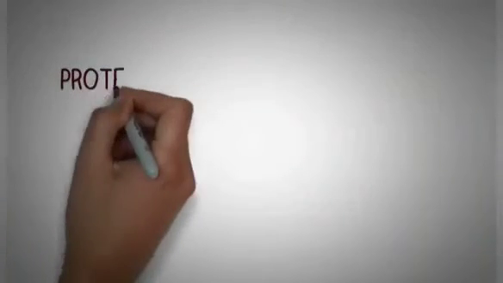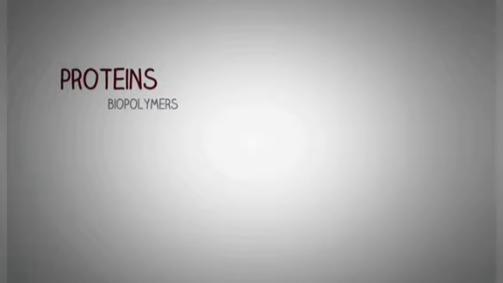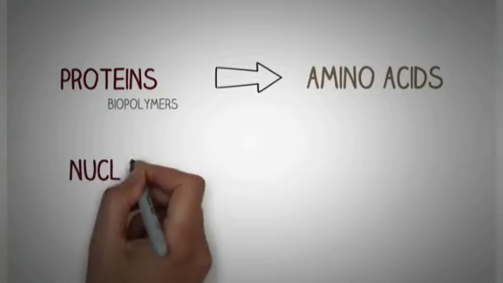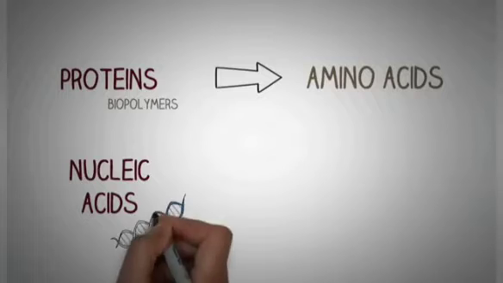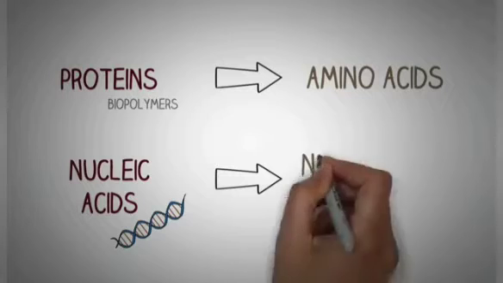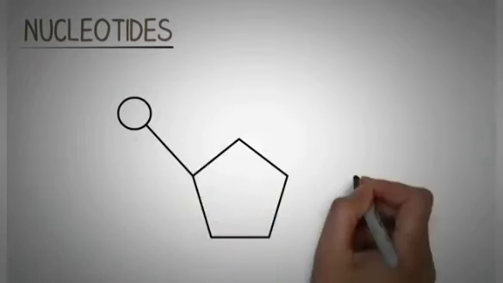Now take this example. We have many different types of biopolymers in our body. One of them is the proteins, and most of you know that the proteins are made up of repeated units called amino acids. Similarly, nucleic acids are also important biopolymers in our body, which are made up of repeated units known as nucleotides. So the next important thing is to understand the basic structure of a nucleotide, which will help us to understand the structure of nucleic acids in detail.